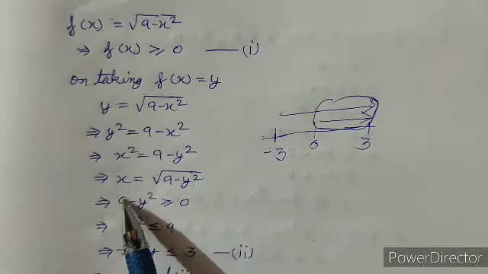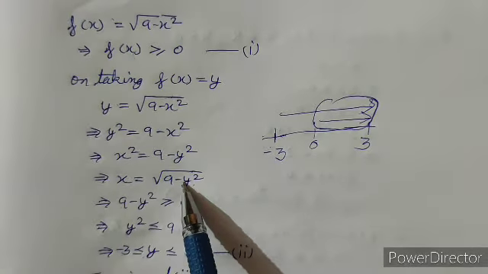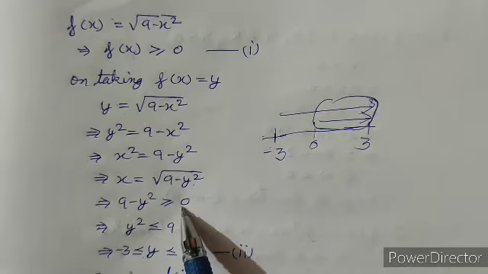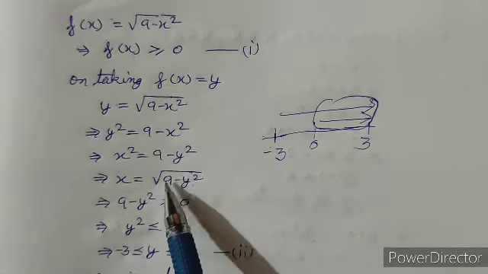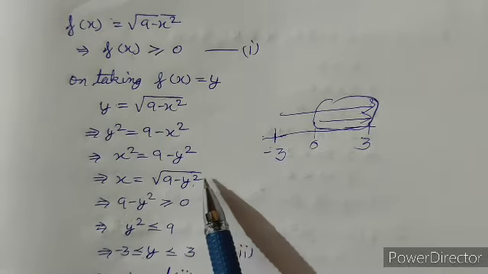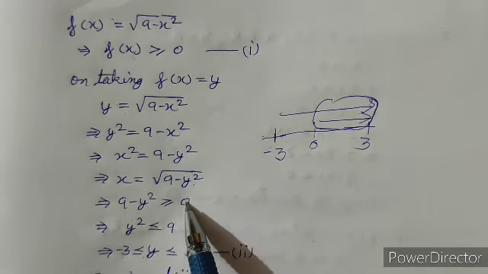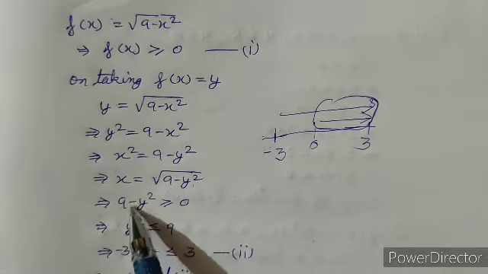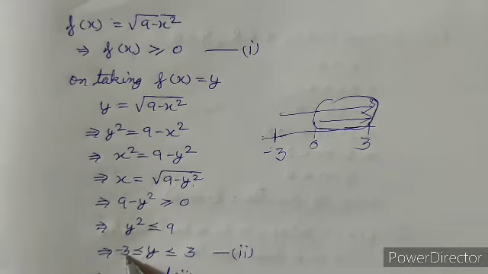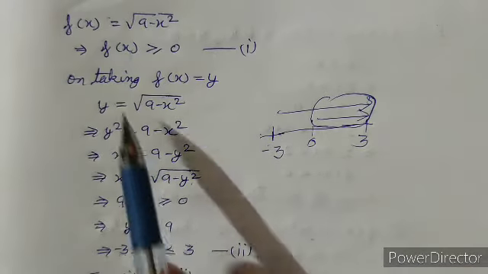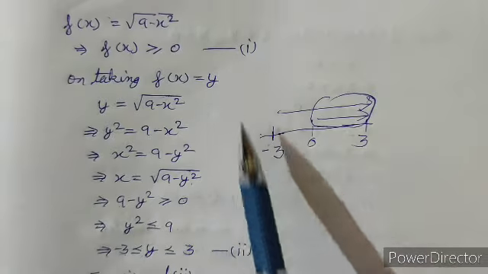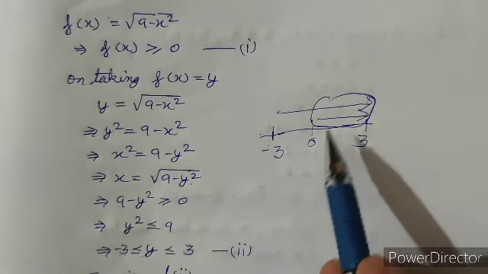Now this will give us 9 minus y square as greater than or equal to 0, as under root 9 minus y square will be greater than or equal to 0. Now this will give us y is greater than or equal to minus 3 and less than or equal to 3. Now from first and second, as y was the value of fx, from first and second we can say that